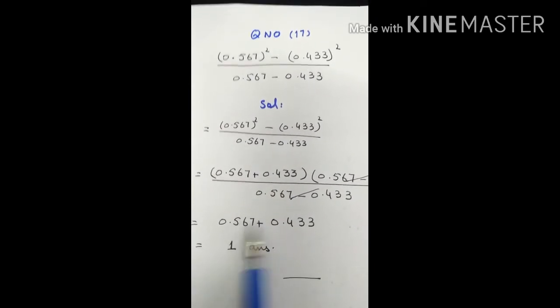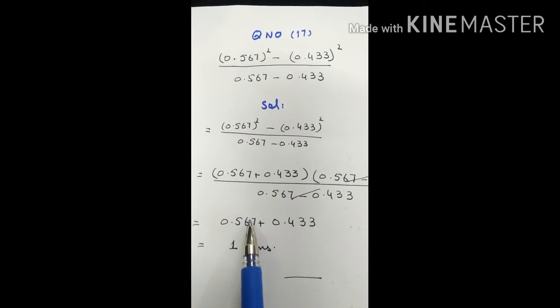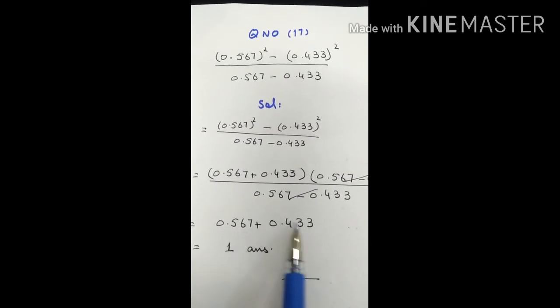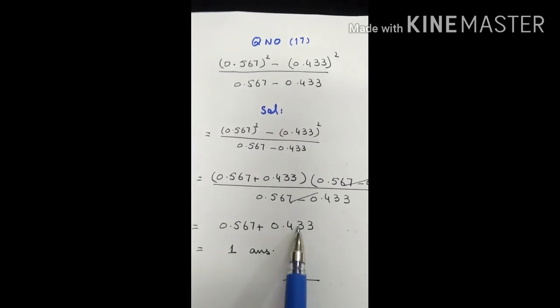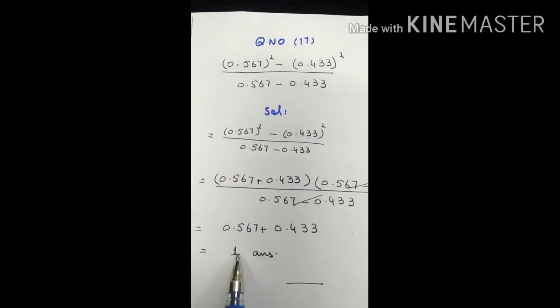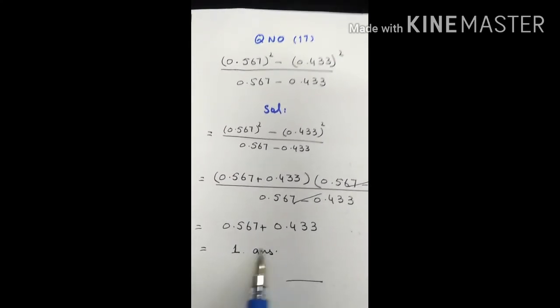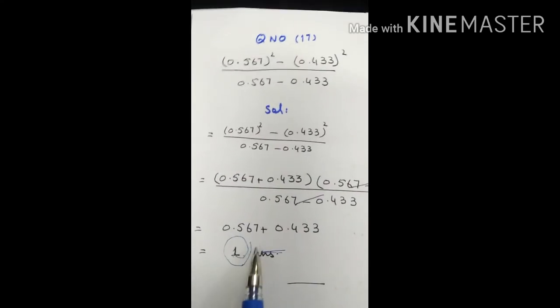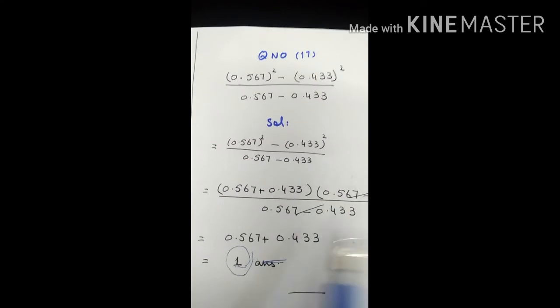These two values can be added. If you add these two values, just see 7 and 3, 10. 6 and 3, 9, 1 carried over here. 10. Again 1 carried over here. 4 and 1, 5. 5 and 5, 10. 1. After that the decimal will be there. That can be cancelled. And you are having only 1 as the answer of this whole question by applying the formula.